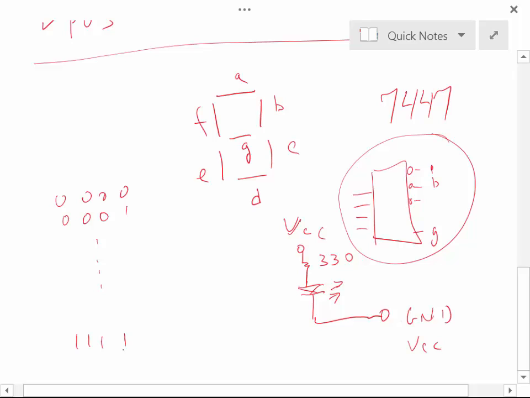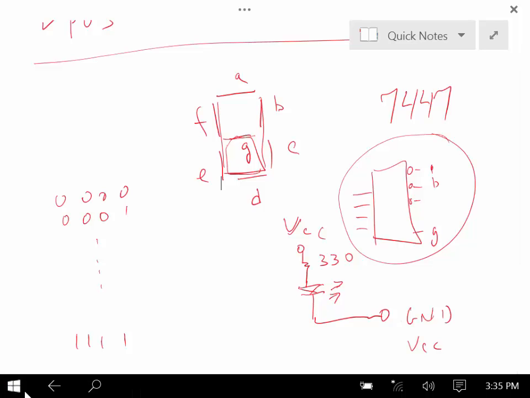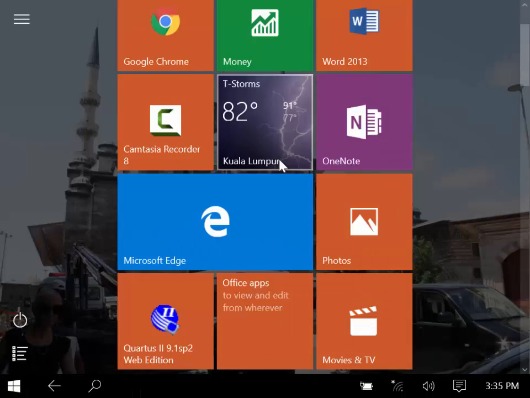Some of them will do F, A, B, C, D as well. They do D like this, and they do B this way. B looks a little bit like a 6, so it's kind of hard to tell. So it depends on the display driver, but it's not going to be on the quiz, though it's something you do need to be aware of. If you look at a lot of books, they'll cover how to design the 7-segment display driver. You don't need to design the display driver, because if you pull up Quartus